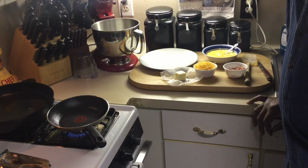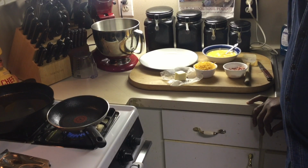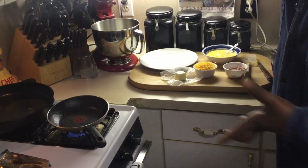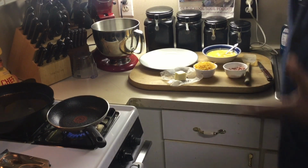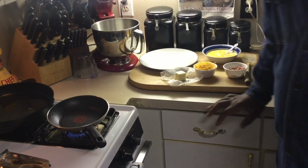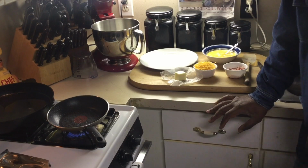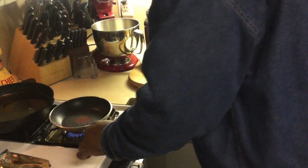I go to a lot of restaurants and order omelets, and it just amazes me how people can't cook something as simple as an egg. That should be the initial focal point of cooking, is an egg. Very simple, but I'm gonna show you my version of doing an